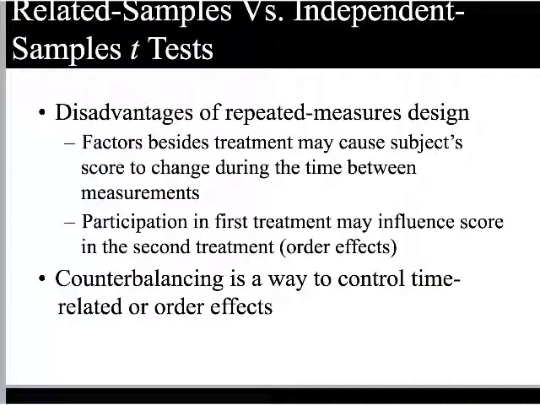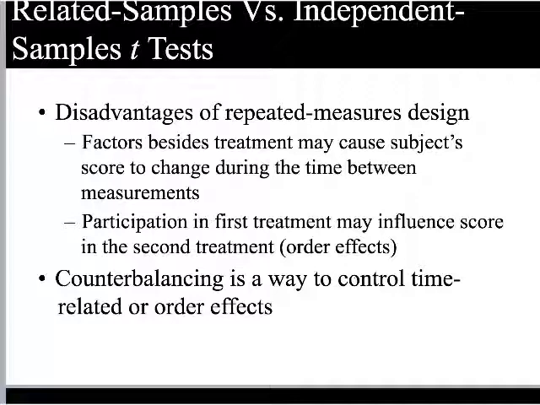And there are some disadvantages to repeated measures designs, things we have to look out for. One is that factors besides treatment could cause our subjects' scores to change during the time between measurements. Right? So we could attribute the change to our intervention or our treatment when in fact it's a product of something else. For example, in the previous